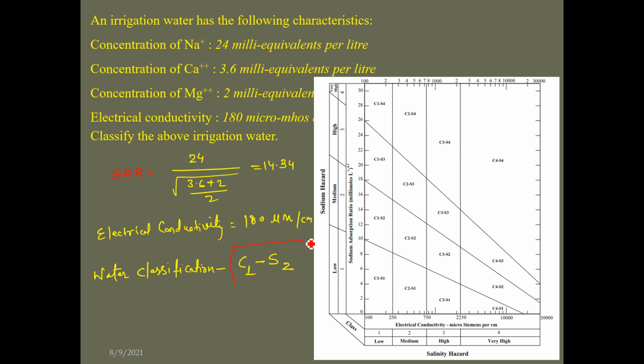I hope this lecture is clear to you, how to classify the water, how to judge whether this water will be suitable for the crops or not. We have a study based on different parameters, based on the different concentrations of different elements. We can categorize that water for suitability for irrigation purposes. In the next class we will study the next topic of irrigation engineering. Okay, thank you.